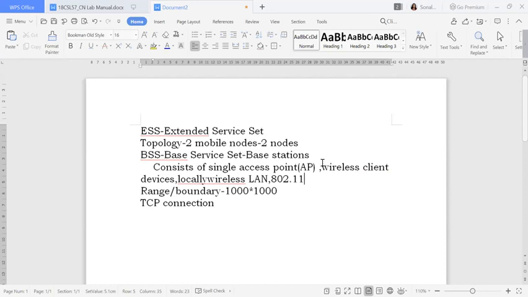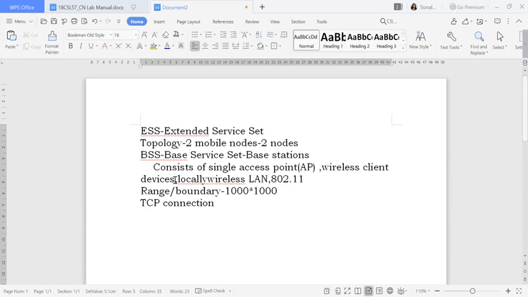I'll just repeat the concept once again. The individual mobile nodes will have the base station, where this base station has one access point to which the mobile nodes are connected, and together they can form the wireless client devices.